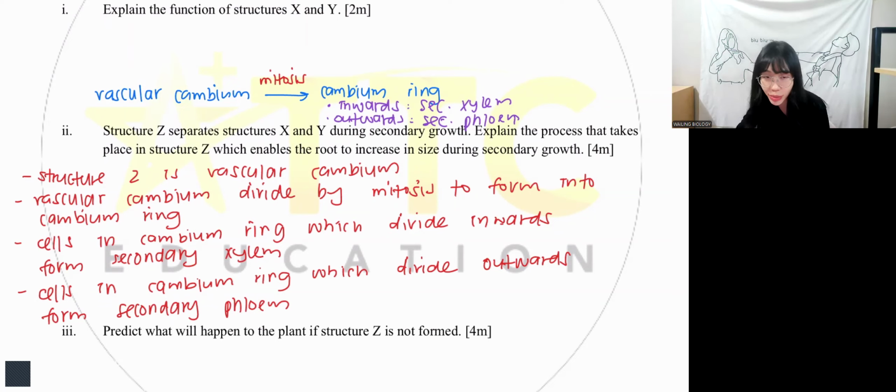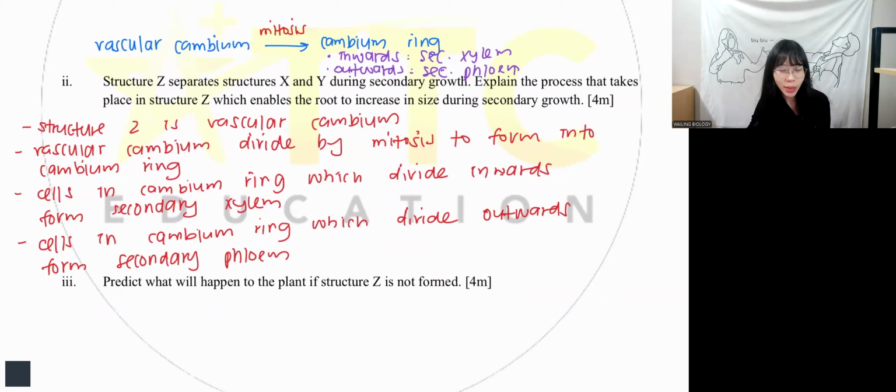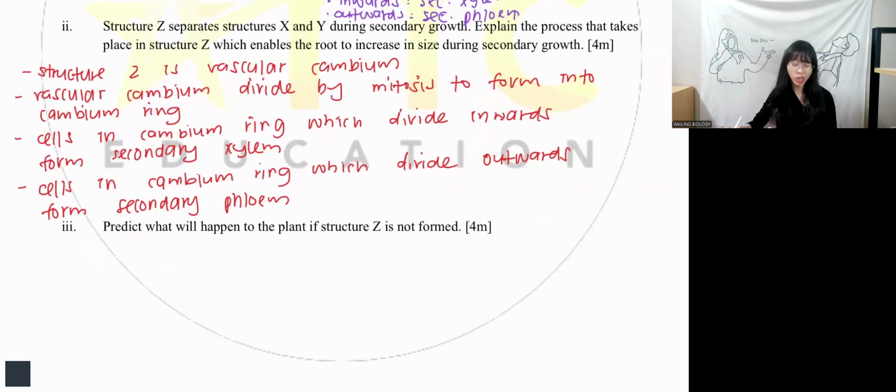Predict what will happen to the plant if... is this the same as the process for stem, right? Yes, it's the same process as stem, okay? What will happen to the plant if structure Z is not formed? When there is no vascular cambium, all of your answer is a negative answer. Means when you have no vascular cambium, you cannot form secondary xylem, secondary phloem. Means you cannot carry out secondary growth. The plant will have no support. Every answer that you write, it has to be a negative answer. But first, you can say the function of Z first, okay? No mechanical strength, correct? So you're going to say that first,